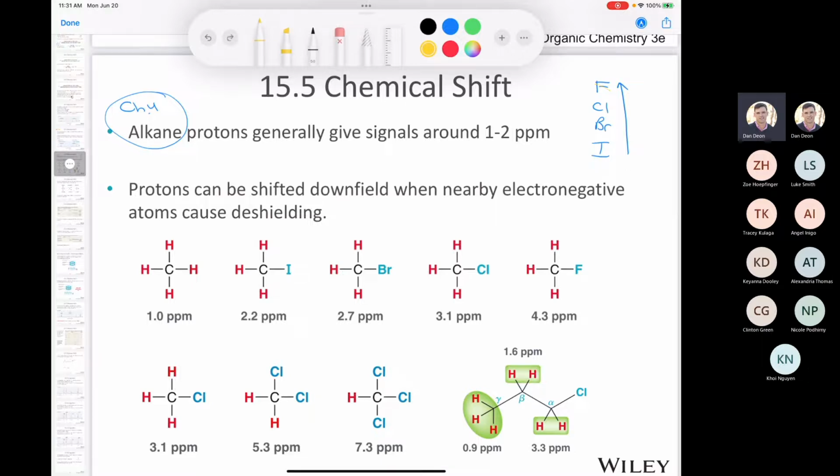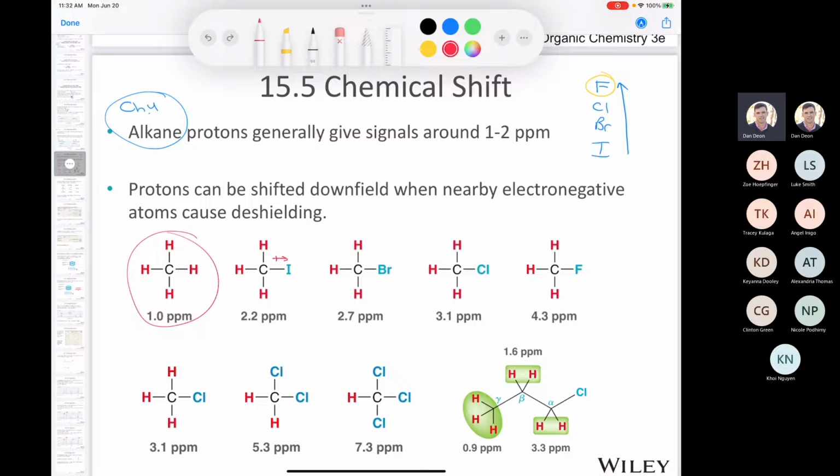In fact, it's the most electronegative element in the periodic table. And the least electronegative of all of these would be iodine. So what we see is if you add an iodine, yes, it is electron withdrawing. And since it pulls electron density away from these protons, they're going to have a higher chemical shift than they would in a methane molecule, which has a chemical shift of 1 part per million. So you see that the deshielding effect causes a higher frequency of electromagnetic radiation to be absorbed,